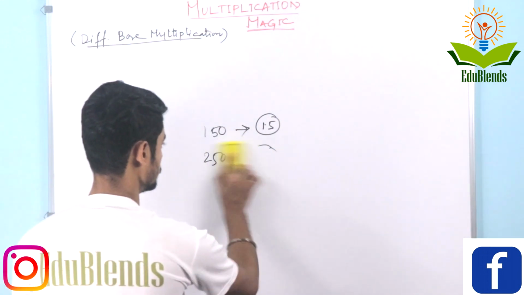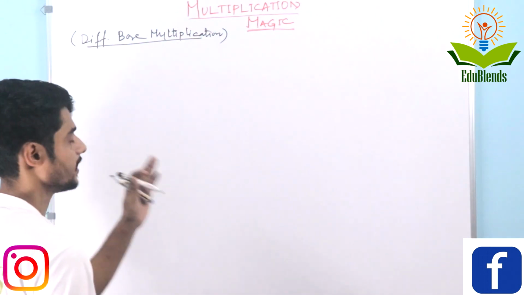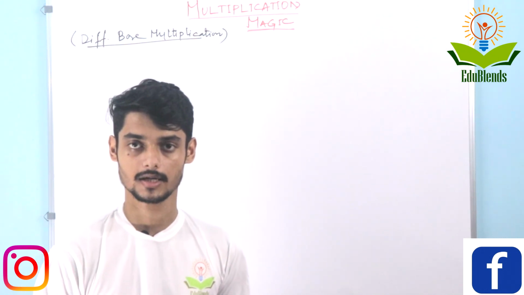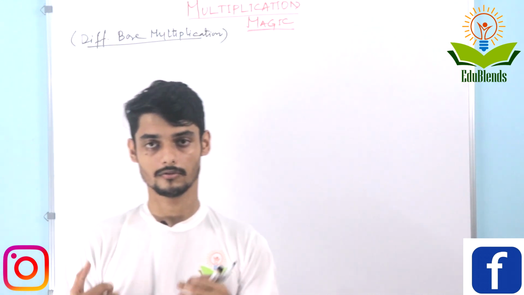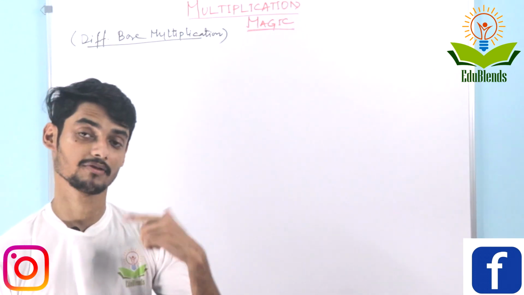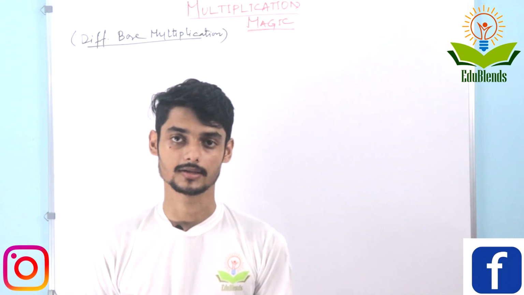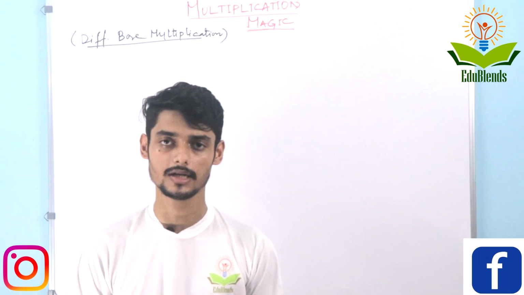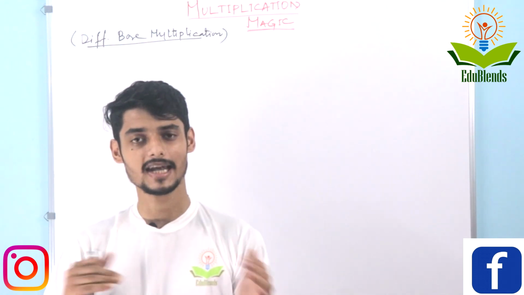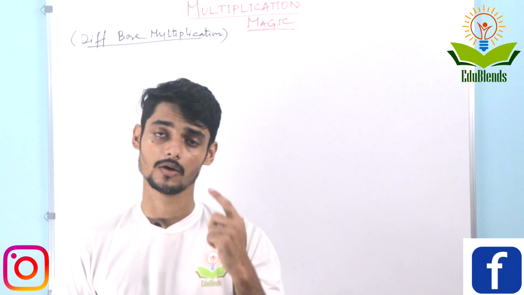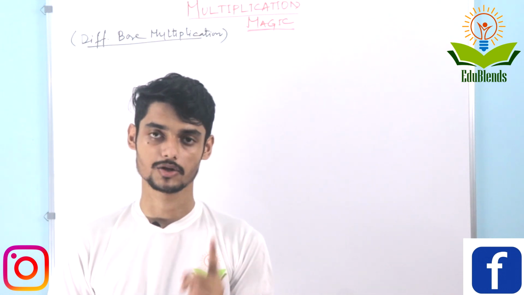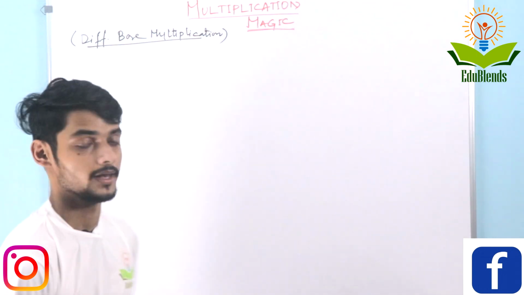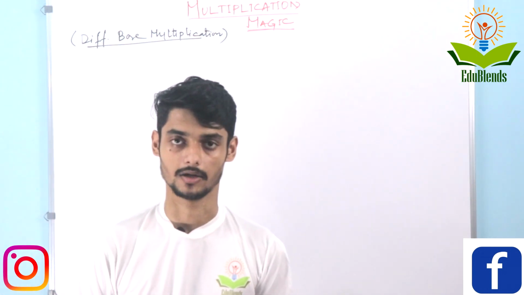Okay, these are all about the multiplication method, and now I will take some special cases to discuss a few categories. After that, in the next video I will discuss how you can multiply any number, 3 digit, 4 digit, 5 digit, any digit number to any digit number within one line. I am assuring you, within one line. It takes less time to calculate. Okay, let's move to the special category.